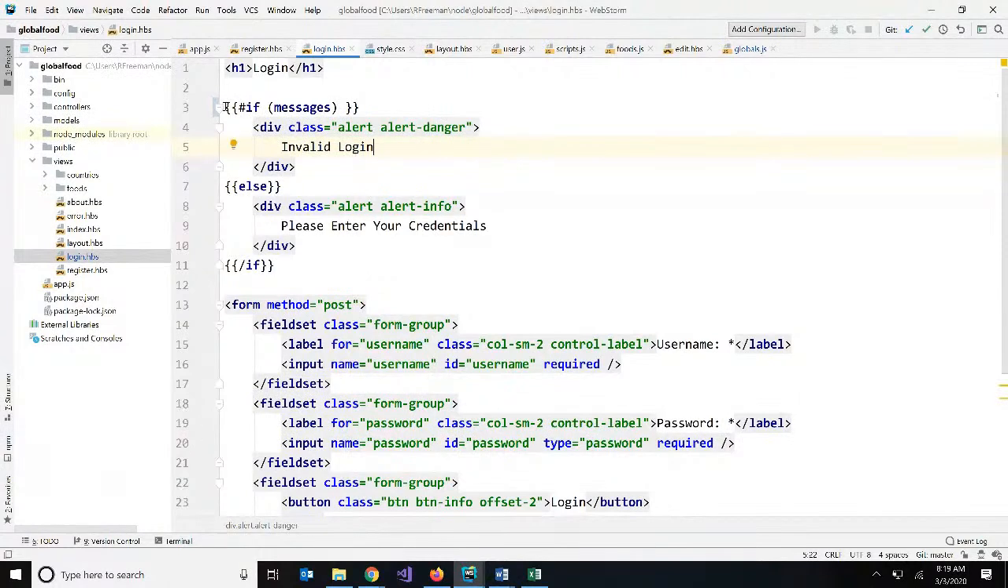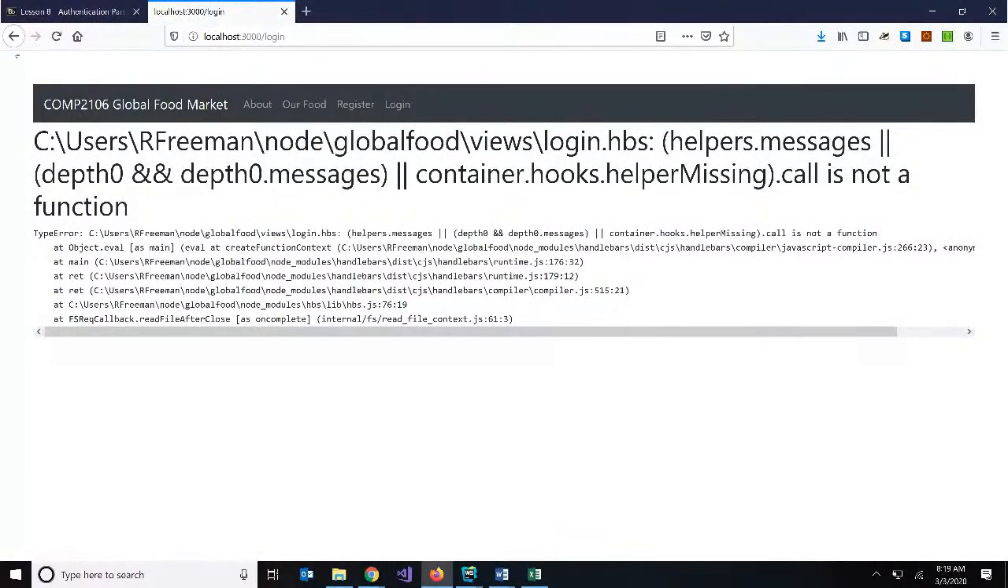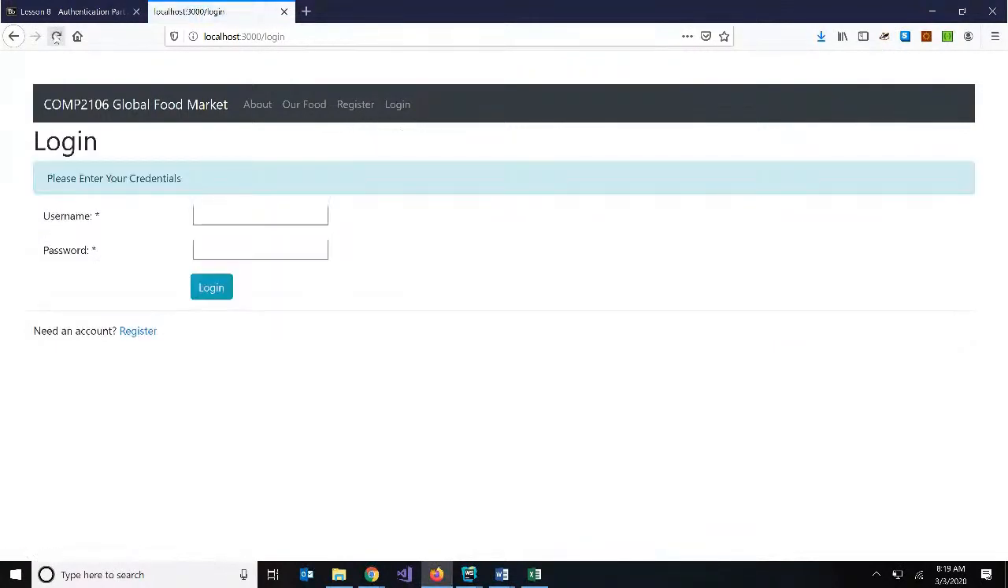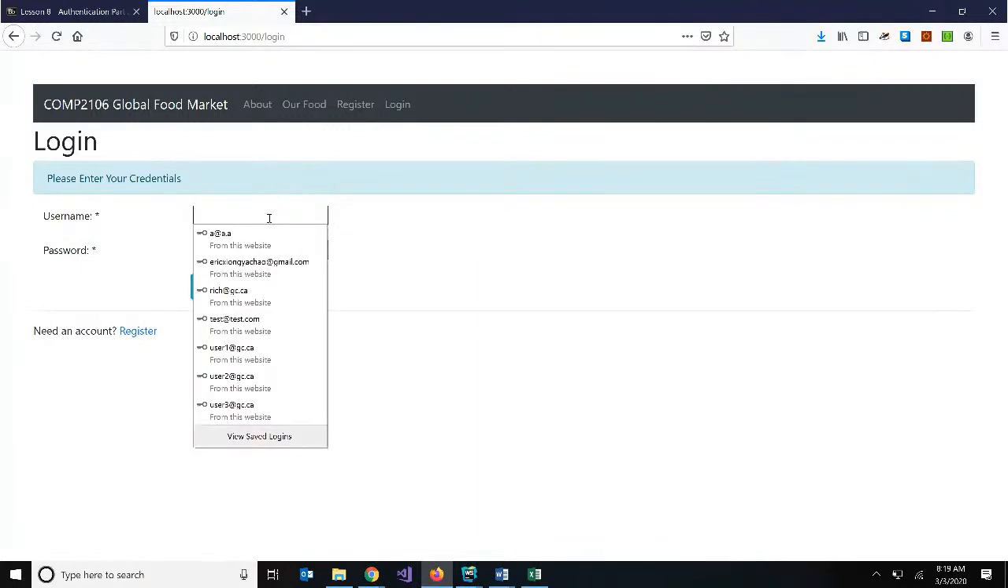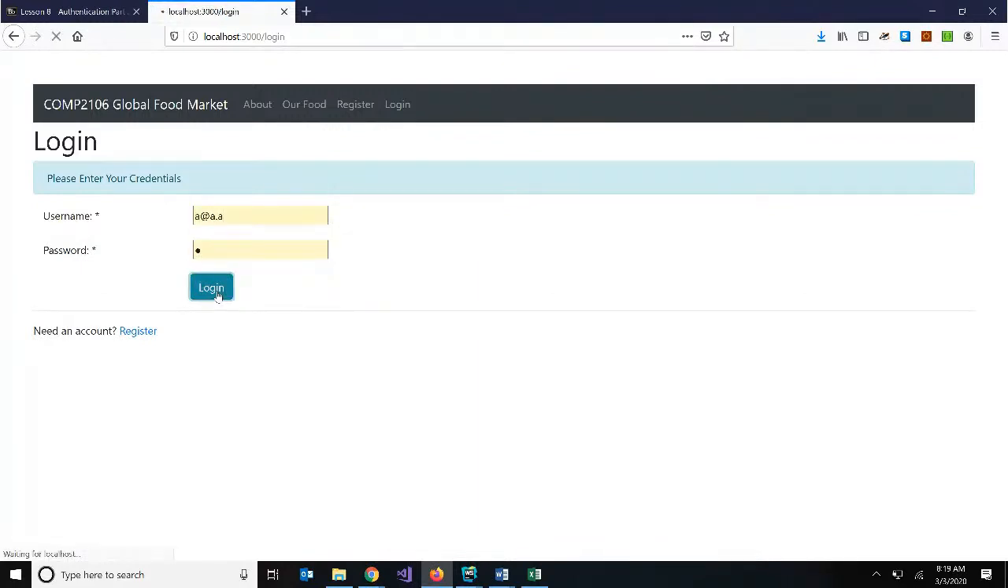And the issue is in here on line 3, in my handlebars if statement, I had mistakenly put my condition in brackets. Those round brackets need to come out. This is why we're getting this error in our view. I shouldn't have those brackets here. So without the round brackets, I now get a blue banner with this instruction. And if I put in a login that's not valid,